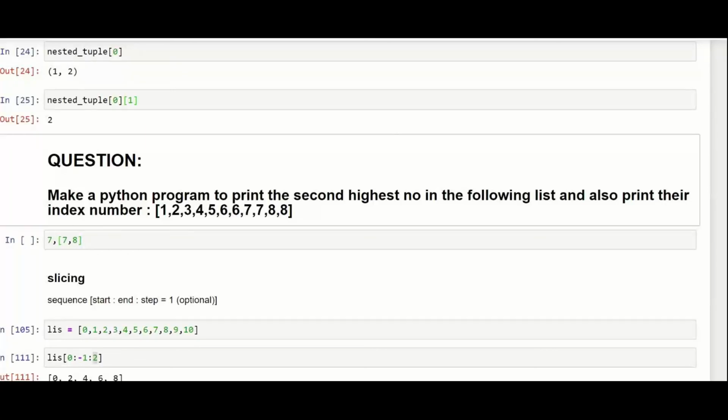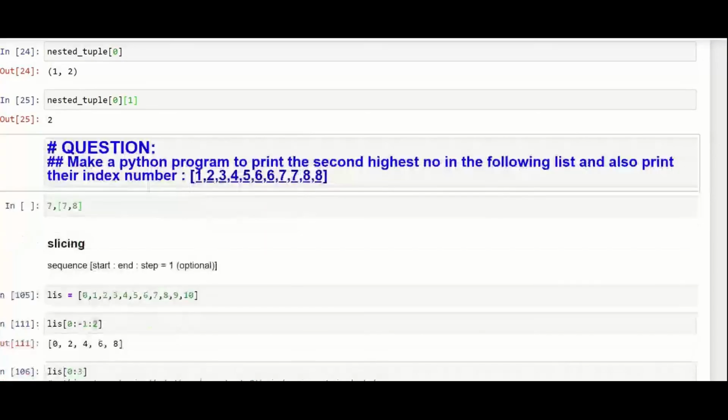See, if the screen is visible to you, in any of your use cases, for example, we are having 7, 7. It might be that you get the 8 three times.